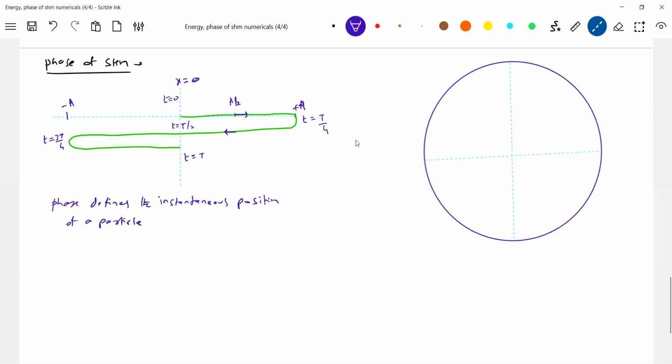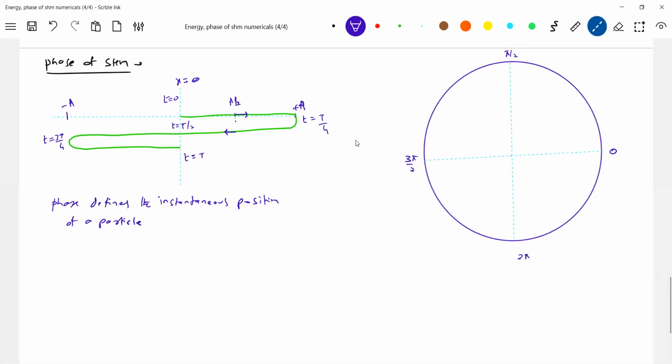So what is actually the method? For the particle, what is the 0 phase? We'll take this as the 0 phase, 0 radians. The phase of this will be pi by 2. The phase of this will be 3 pi by 2. The phase of this will be 2 pi. Now I'm interested in this a by 2. I want the phase at a by 2.